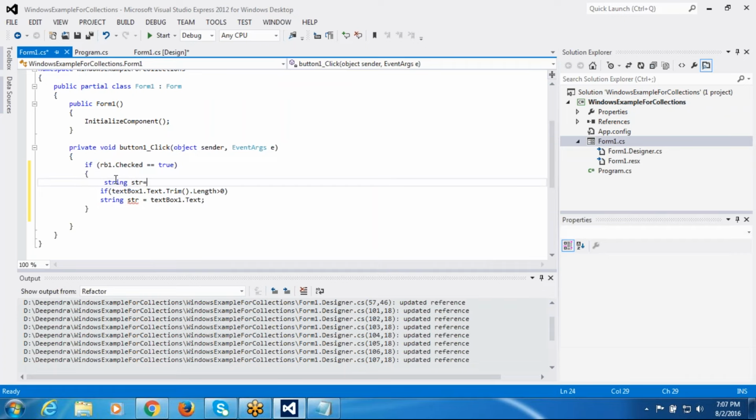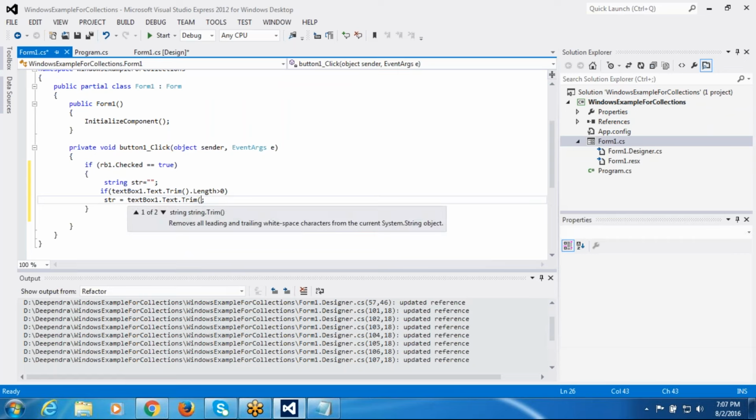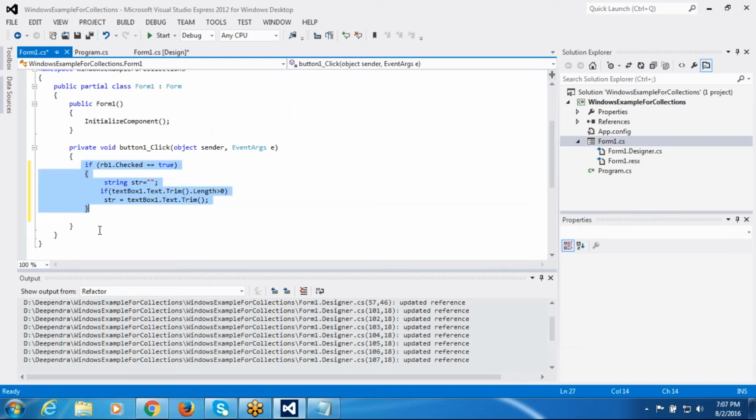We can put it here. This is some empty string we assign like this, just str equal to. So the text we are going to be taking, even here also we need to trim it. With the help of trim, leading as well as trailing spaces can be removed. Similarly, if it is,